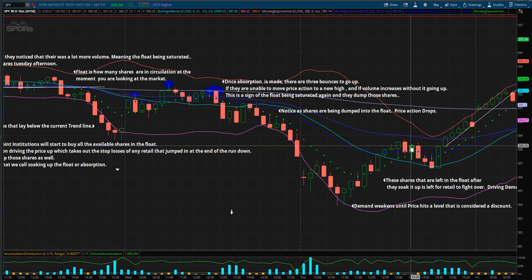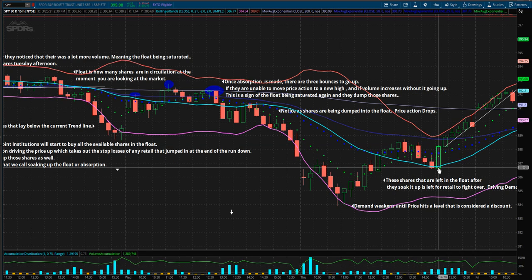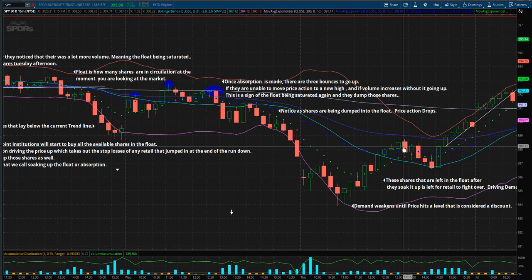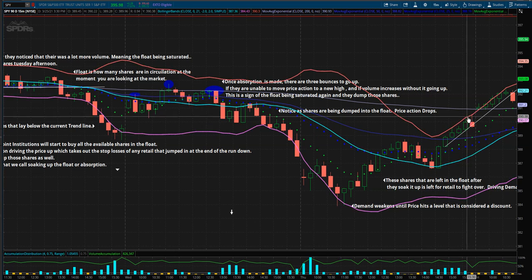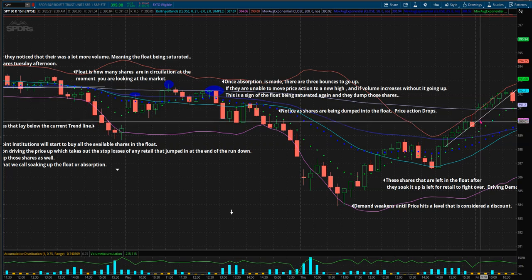Notice that retail didn't go in as deep as they wanted to, so therefore they didn't sell off enough of their shares. They sell off twice as many shares and get twice as much reaction out of it. And so boom, it goes up. They sell off a couple more shares, runs up again, and